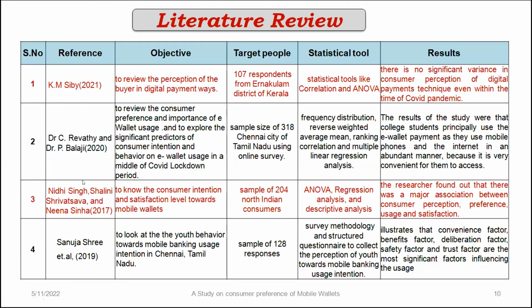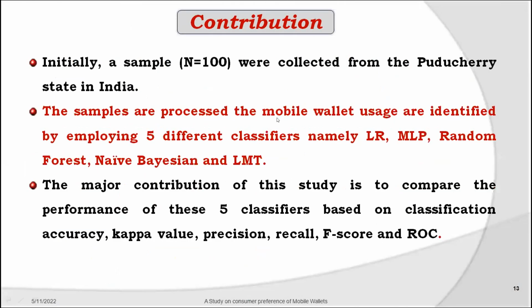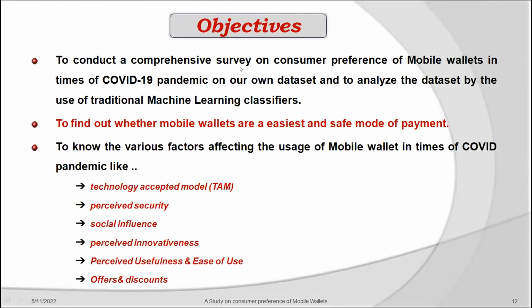There were about 7 literature surveys. The objective of my study is to conduct a comprehensive survey on the consumer preference of mobile wallets in times of COVID-19 on our own data set, and to analyze the data set by the use of traditional machine learning classifiers, and to find out whether mobile wallets are the easiest and safest mode of payment, and also to know about the various factors affecting the usage of mobile wallets in times of the COVID pandemic, like the technology acceptance model, whether it is perceived security, social influence, perceived innovativeness, perceived usefulness and ease of use, and any other offers and